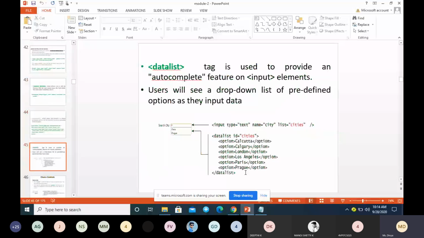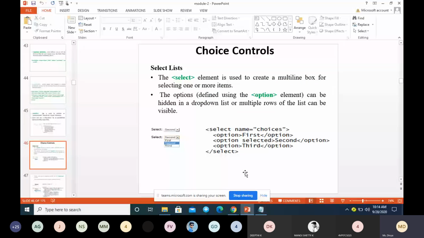So next form control is choice control. Okay. So select element, we are using here a special tag called select element. It is used to create a multi-line box for selecting one or more items.